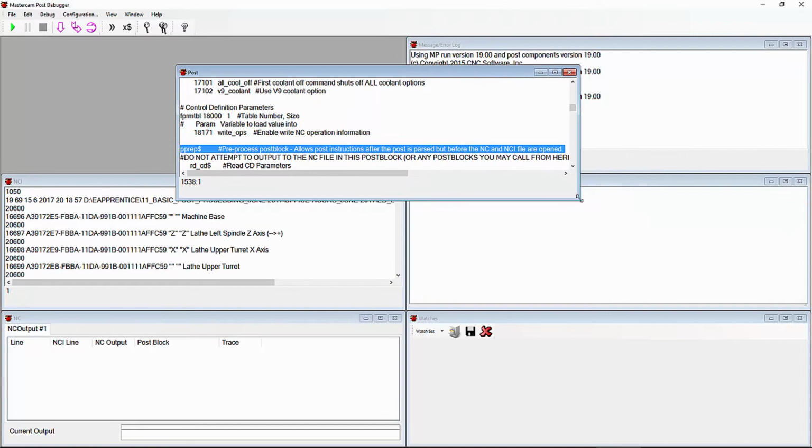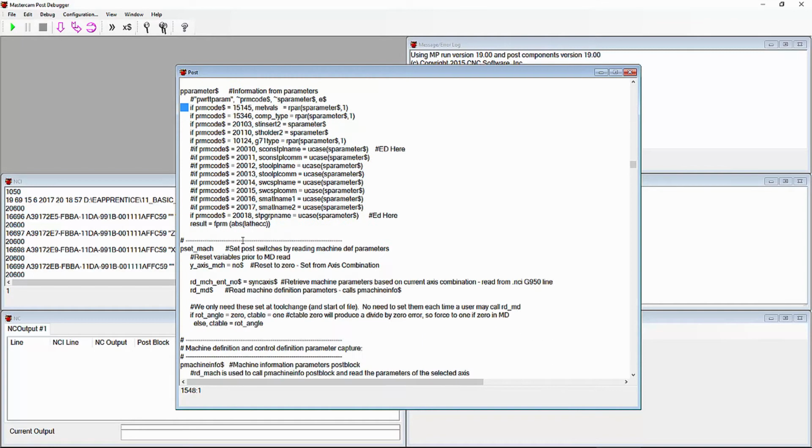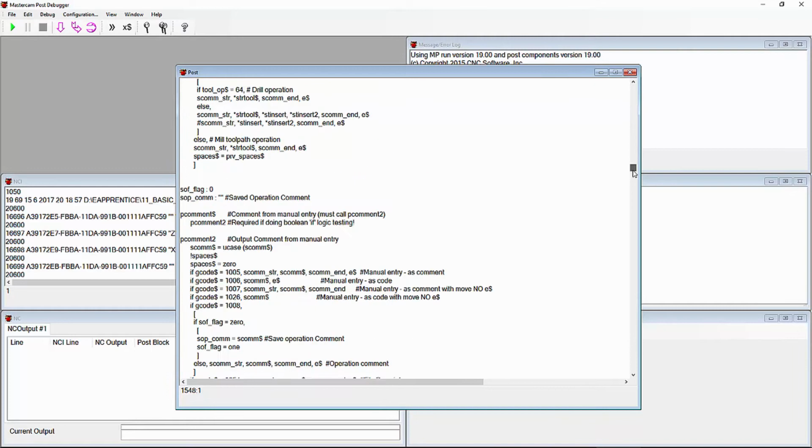The post window shows kind of a live in-memory version of your post processor. One of the things you'll notice on the spacing when it initializes, so this is the actual post that's running right now, is that it adjusts the spacing a little bit. It does this to show you what's a post block, what starts in the first column, and what is indented. When I was zipping down through here to go look at the tool change,